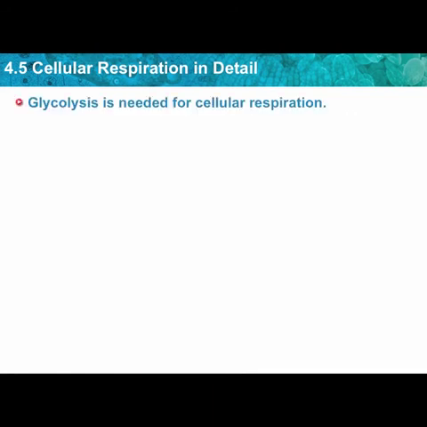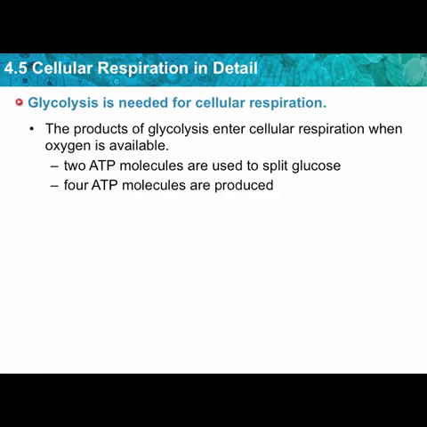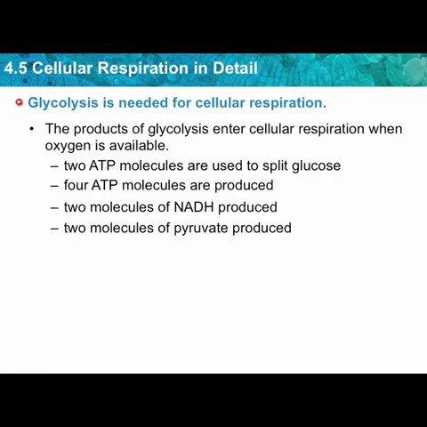Glycolysis is needed for cellular respiration. You remember it takes place in the cytoplasm. The products of glycolysis enter cellular respiration when there's oxygen available. 2 ATP molecules are used to split glucose, a 6 carbon molecule, into 2 3 carbon molecules, and 4 ATP molecules are produced. And 2 molecules of NADH are produced. And 2 molecules of pyruvate, the 3 carbon